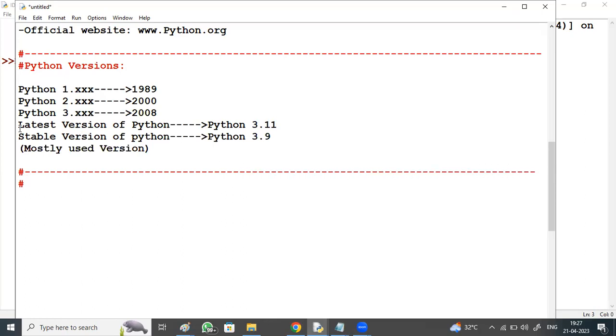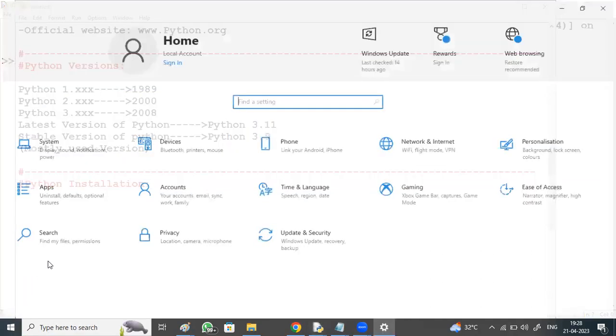Python installation. Before I go with the installation, let me first uninstall this Python 3.11 and show you from scratch how to download and install Python.